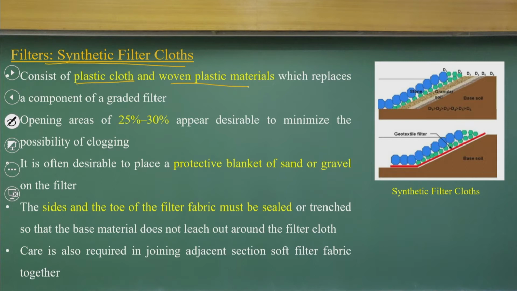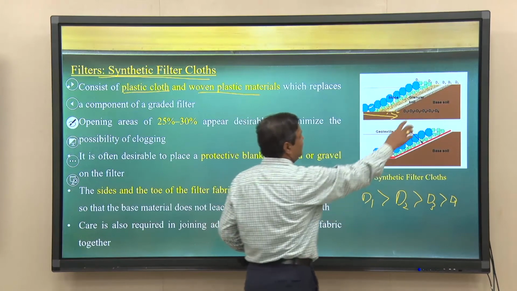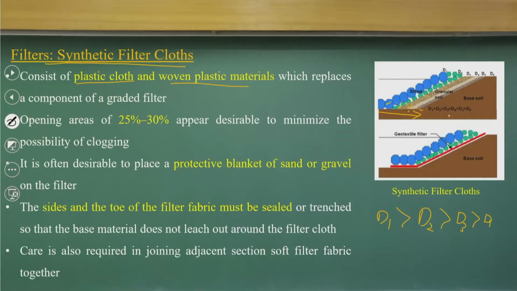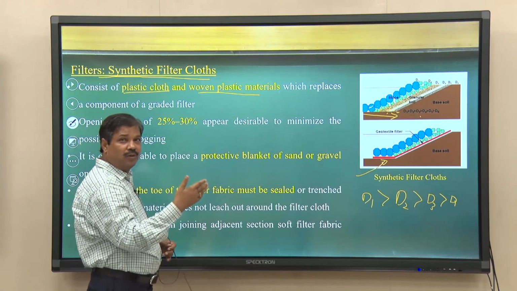And if you look at these figures, we should have the gradations. If the bigger material is D1, then D1 is followed by D2, D3 and D4, so we can put in grades from coarser to finer. That is what your best materials are, or you can put a geotextile filter in between to avoid these gradations from coarser to finer. We can have geosynthetic filters. So, there are design guidelines on how to use